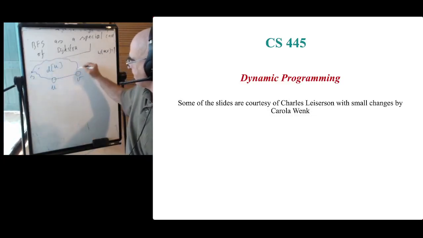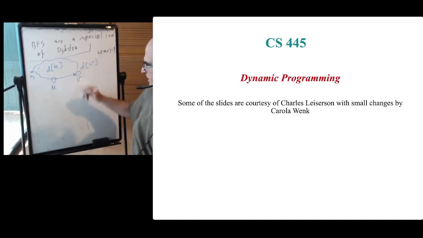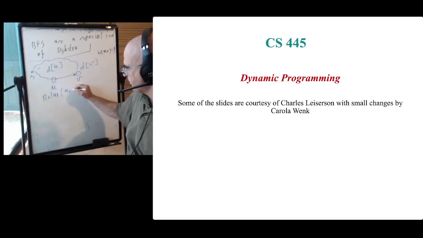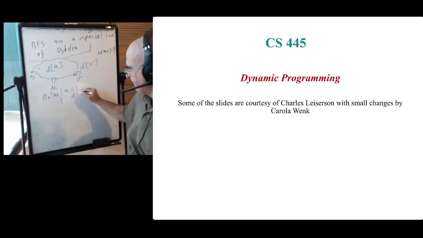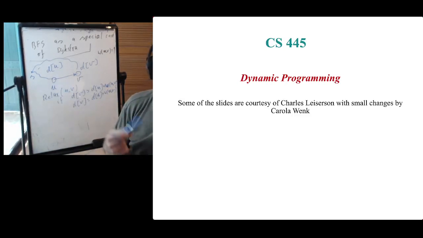I have some estimated distance from S to V, d of V, and I can look at this edge, especially if it has a direction, and perform the relax operation. The relax of uv: if dv is larger than du plus w uv, then dv equals du plus w uv. That's a relax operation across the edge uv, and Dijkstra tries to say, I want to be very